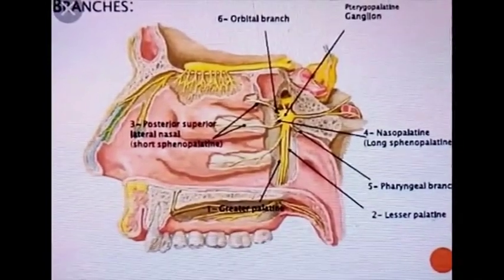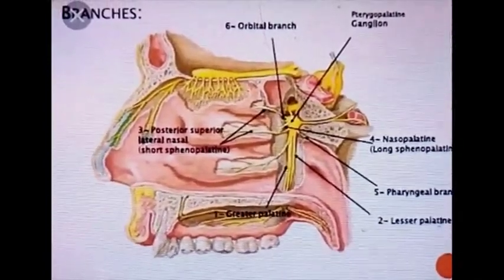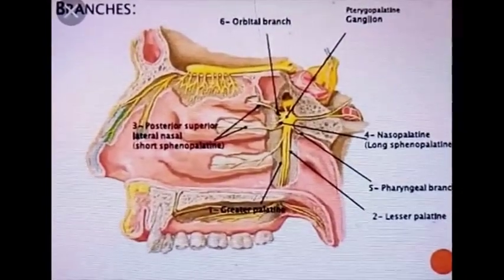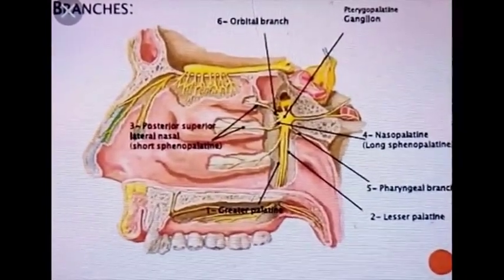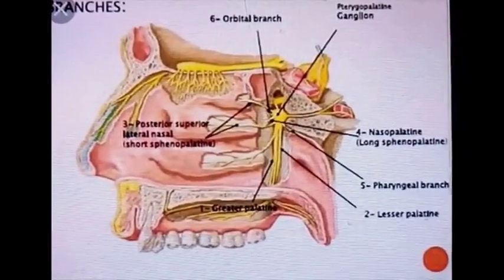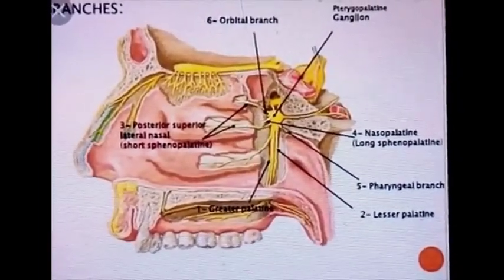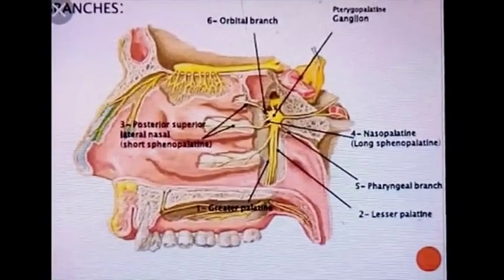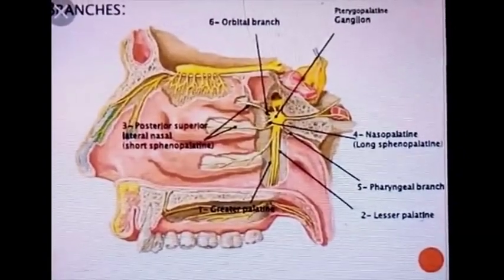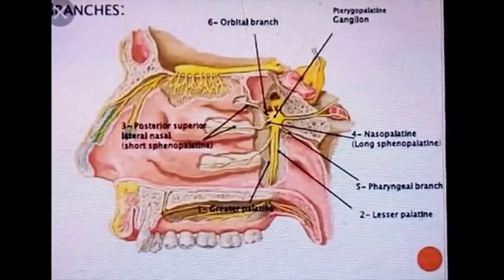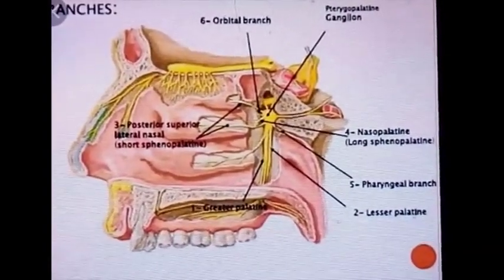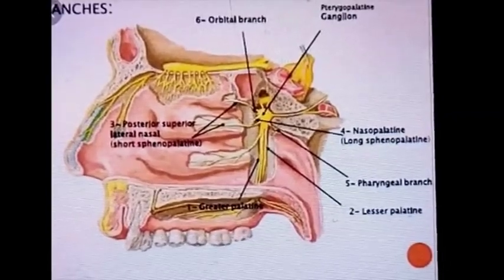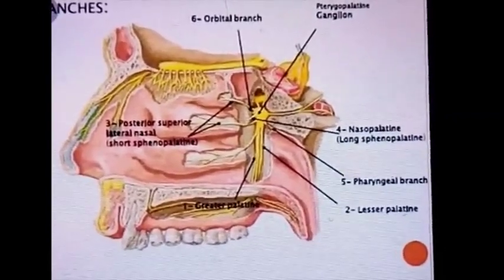Pterygopalatine ganglion is also known as sphenopalatine ganglion, ganglion of hay fever, or Meckel's ganglion. So first of all, we should know what is the meaning of the term ganglion. In anatomy, the term ganglion is a structure containing a number of cell bodies linked by synapses and forms a swelling